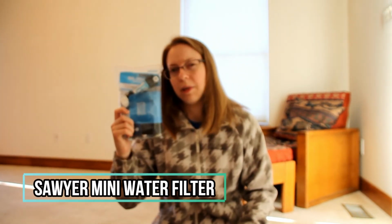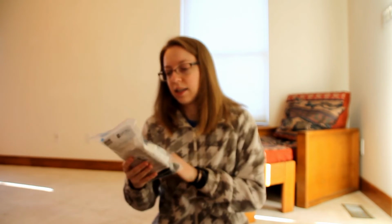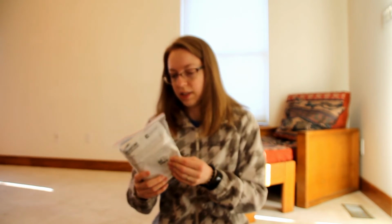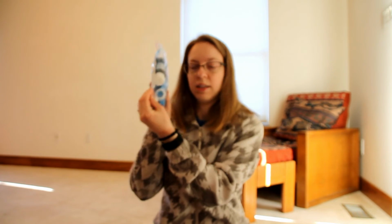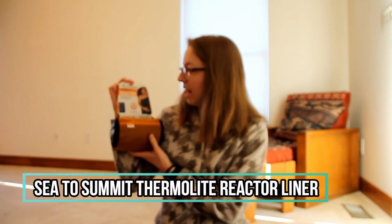This might have also come with it. It's the Sawyer Squeeze Mini. I wasn't really planning on buying this, but I have it now. Oh, this has one of the bags. See, that's really tiny. Next thing I have is the THERMOLITE Reactor